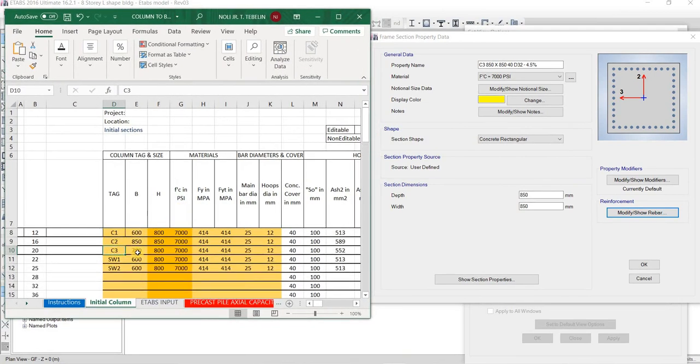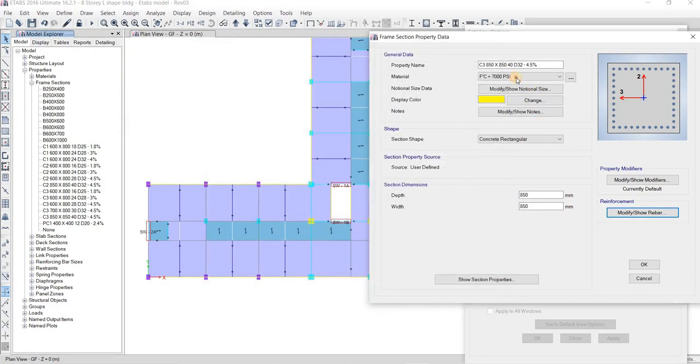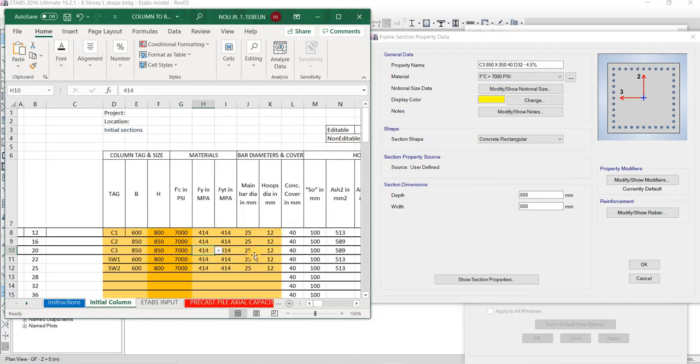So let's say C3, let's say 850 by 850. Then your F prime of C is 7,000, this one. Then you have there 7,000. Then 414, then you have here 32. Then you have here, let's say,